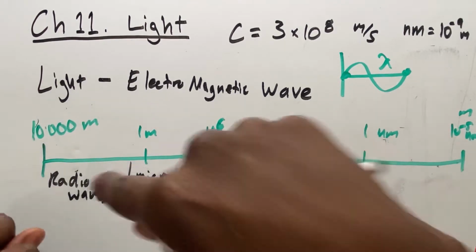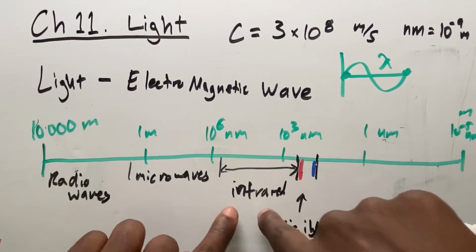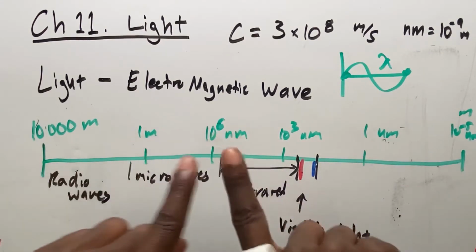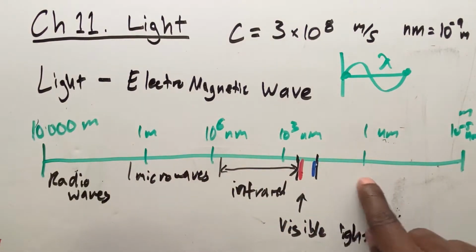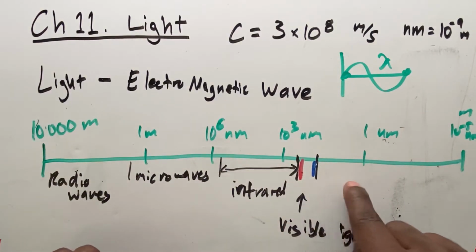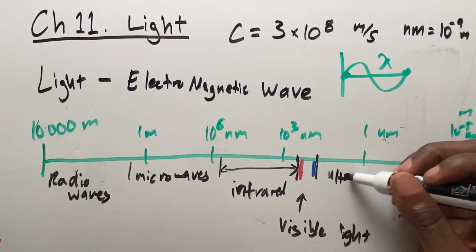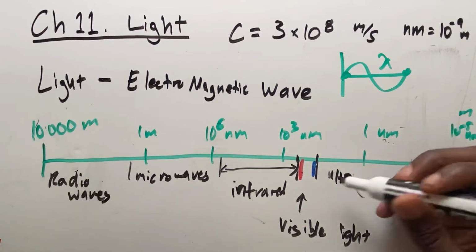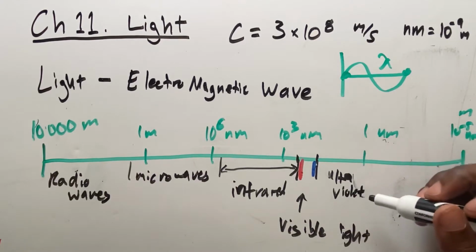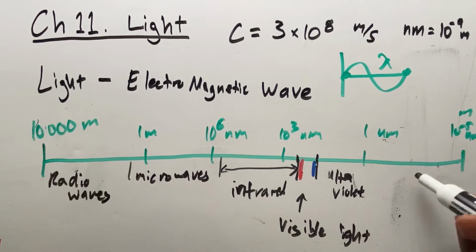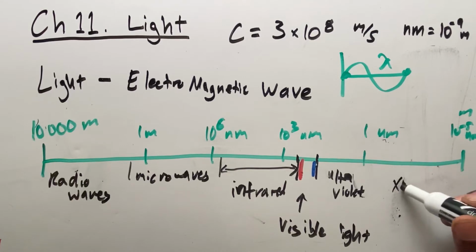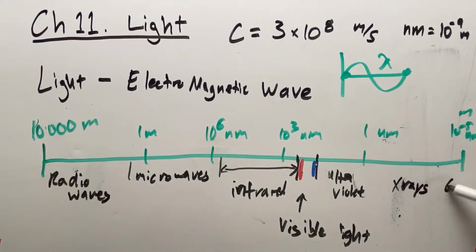So now going back the other way, so we have radio waves, microwaves, infrared waves. So wavelengths getting shorter and shorter. Now going this other way, after the blue, we have basically ultraviolet. And so ultraviolet light is basically the light that's given off by the sun. So we have ultraviolet. Then we have X-rays, and gamma.